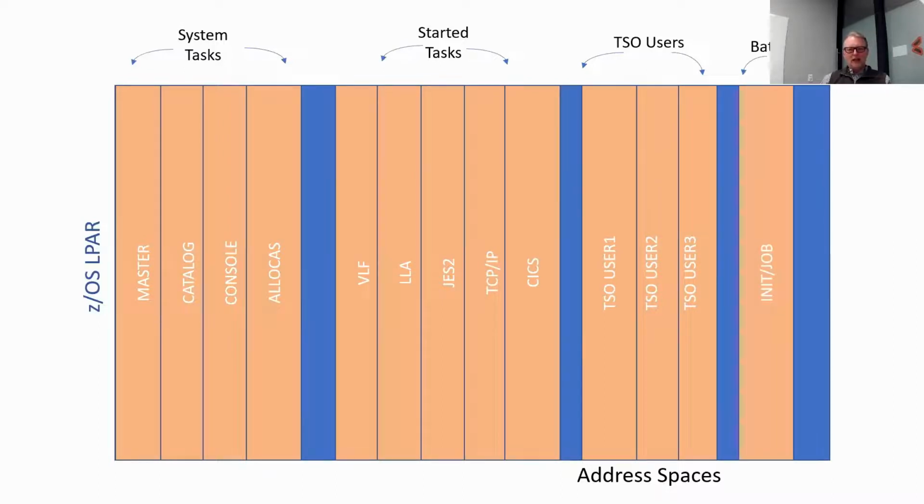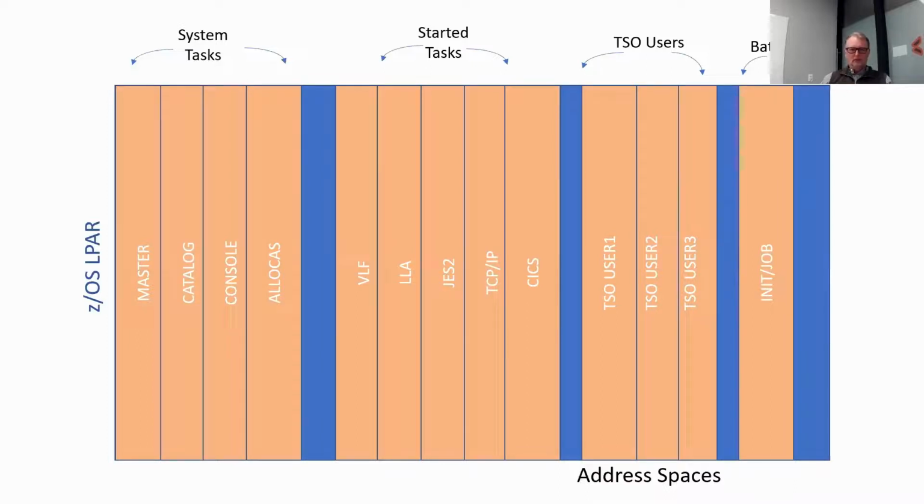In addition to that, I mentioned briefly, there are batch jobs. Batch jobs are workflows that are not interactive. You start it, you initiate it, and it does a series of steps or a series of jobs, and then it terminates. I'll talk a little bit more about that in a minute. So each one of these services runs in its own address space. So the address space, I'm going to go into a little bit more detail.